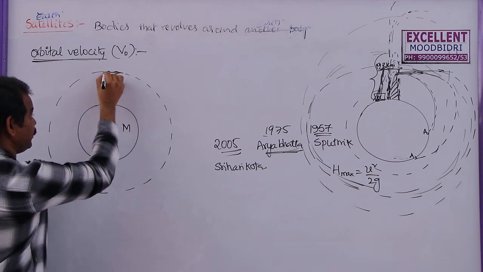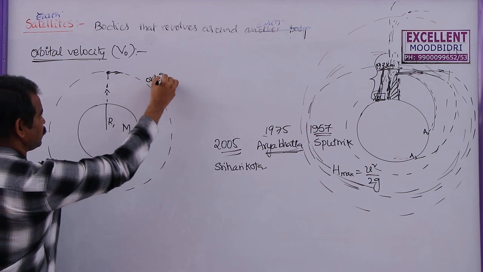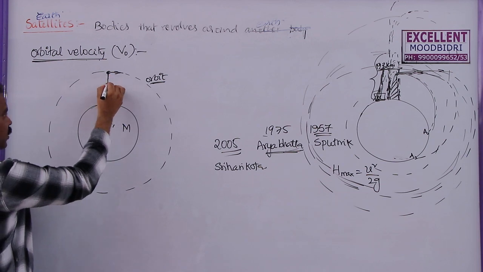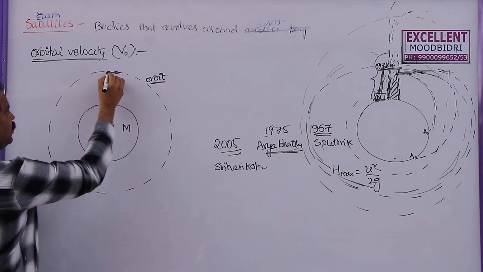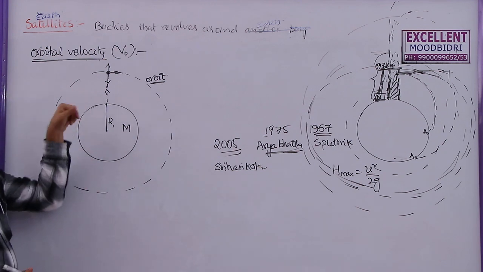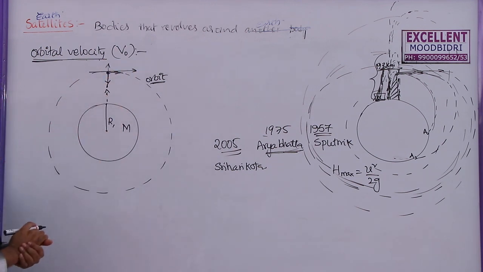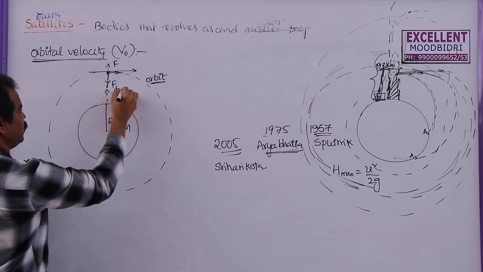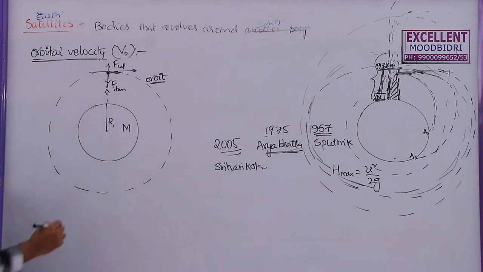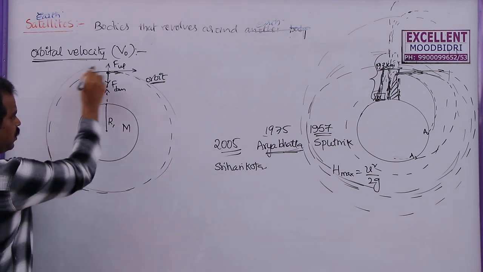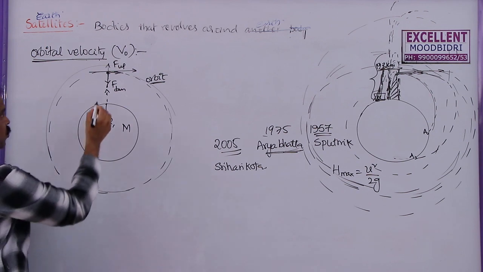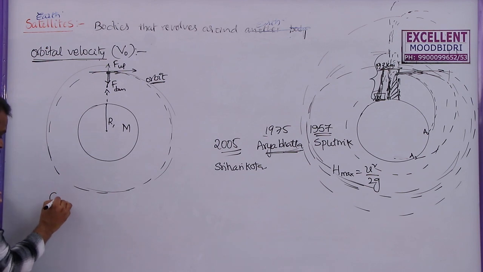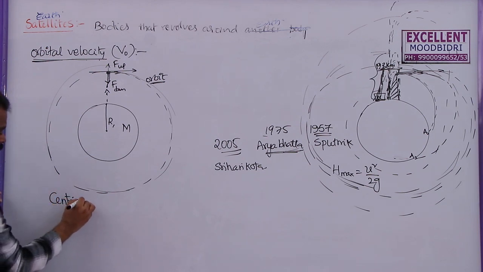So when this satellite is revolving in this orbit, two forces will be experienced by it. One is towards the center of the Earth, one is away from it, because only if these two forces are equal will the body keep its horizontal velocity. So what are the forces acting on this satellite? One is downwards, the other one is upwards. We know that whenever a body is moving in a circular path, centripetal force is required. So who is providing the centripetal force for this body to move in the circular path? The centripetal force is the force that is acting towards the center.